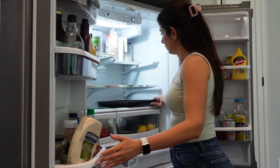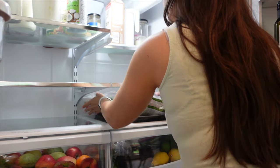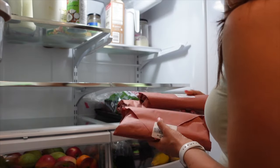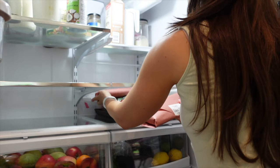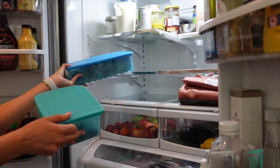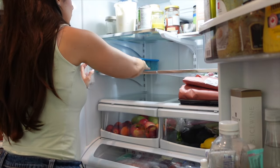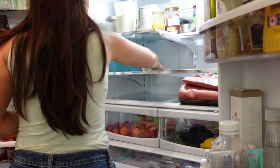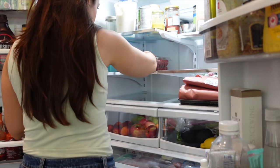When I have quite a bit of protein to store in my fridge, I like to use a cookie tray that I place at the bottom right corner of my fridge, just to put all the protein items there, and then I don't have to worry about cross-contamination. This also allows me to know what needs to be used up right away or what will need to be frozen soon. Here I'm just putting back some of the produce that I had previously had in my fridge, and